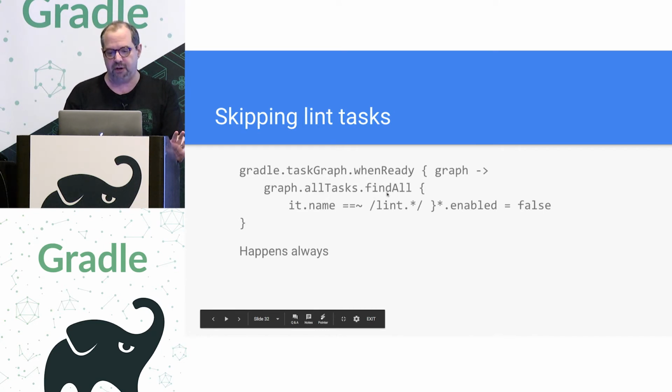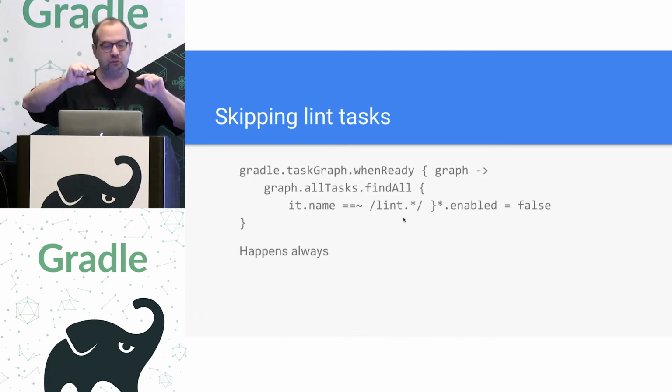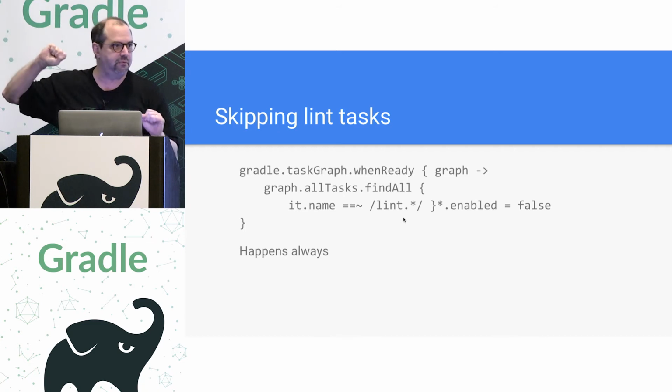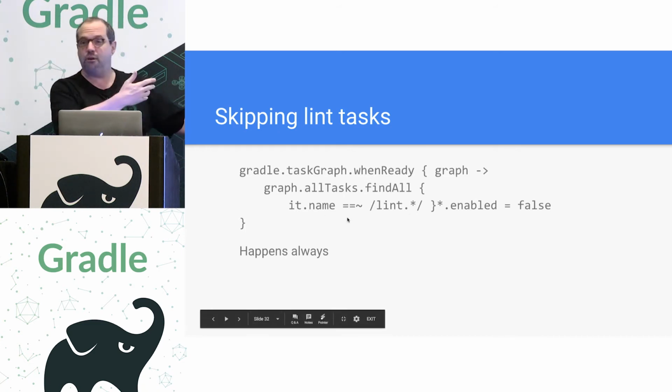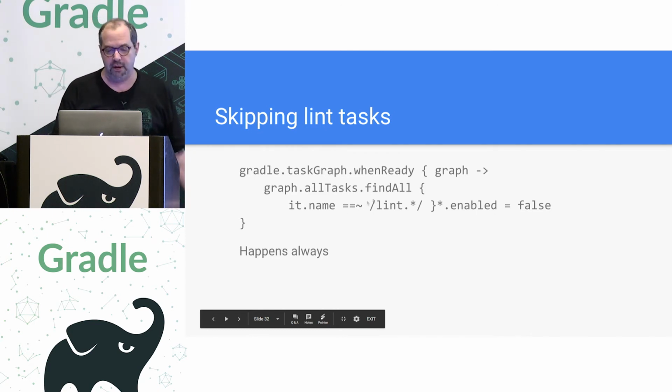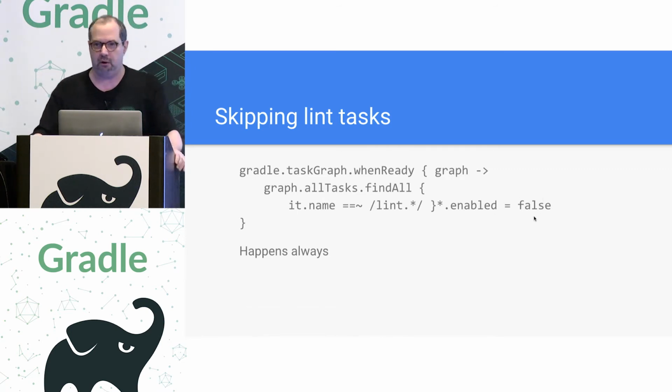So you get all the tasks, and I'm saying find all the ones where it.name matches lint.*. So it starts with the word lint and has any number of letters after it. Now you can modify this regex however you want, but I like the Groovy syntax for this. At any rate, I'm saying find all of those tasks, and then *.enabled = false means disable them all,